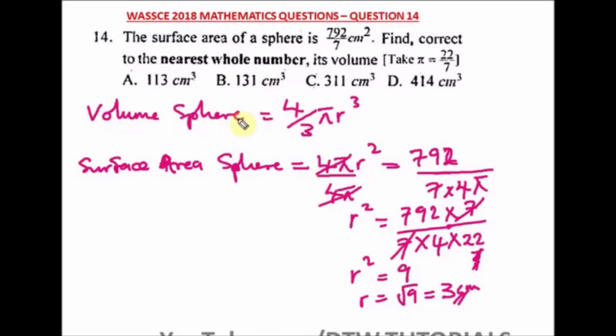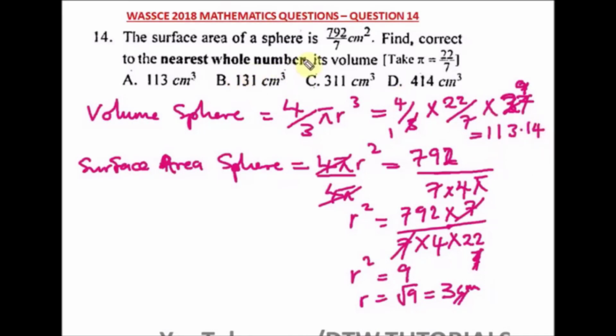So we can put our value of 3 centimeters into the volume formula. We have 4 over 3 times pi, which is 22 over 7, times r cubed, which is 3 raised to power 3. 3 times 3 is 9, and times 3 is 27. So can we cancel? Yes, 3 in 27 goes 9 times. If you punch in your calculator 4 times 22 times 9 divided by 7, it will give us